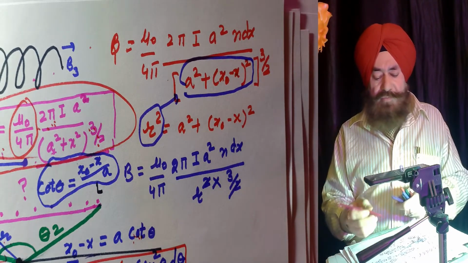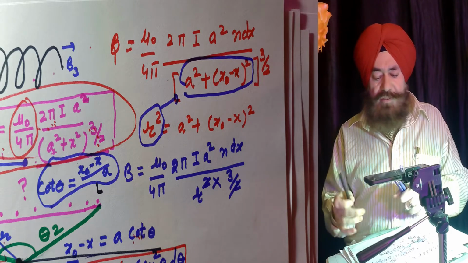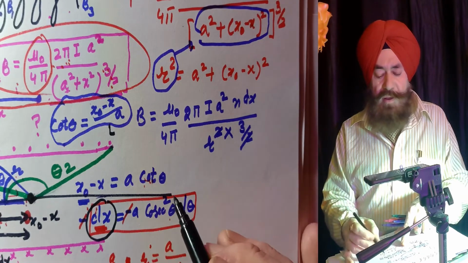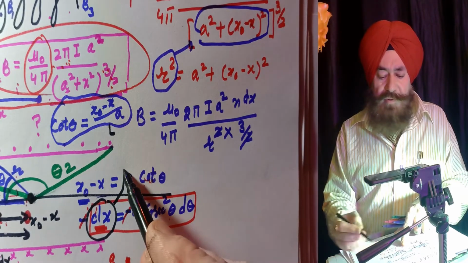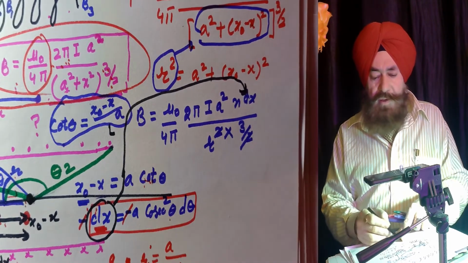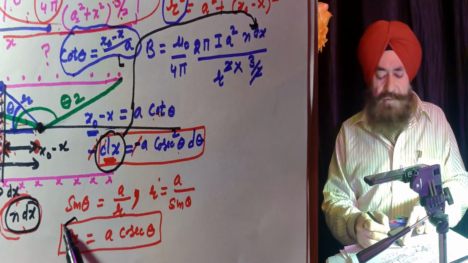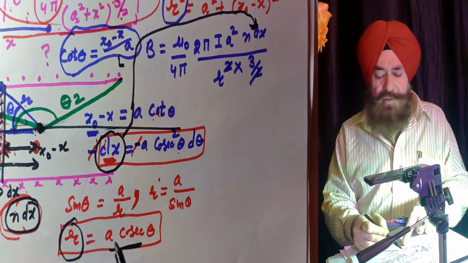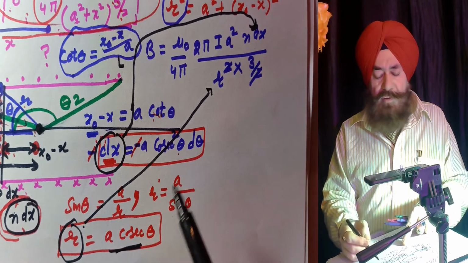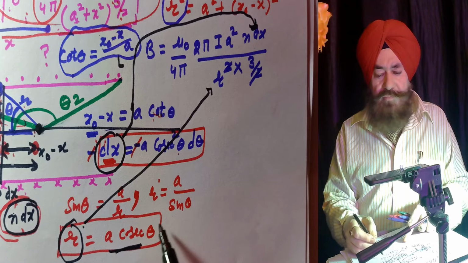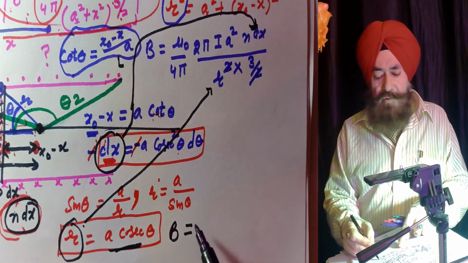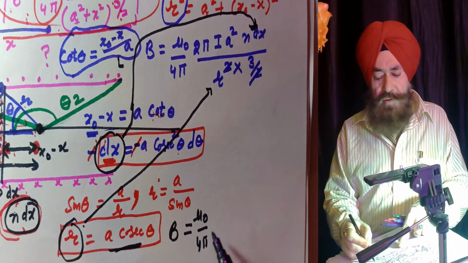Now the next point is, I am having the value of dx. I will substitute this value here. Okay. I am having this r value, a cosecant theta. I will substitute this value here. So then B becomes mu naught over 4 pi, 2 pi,